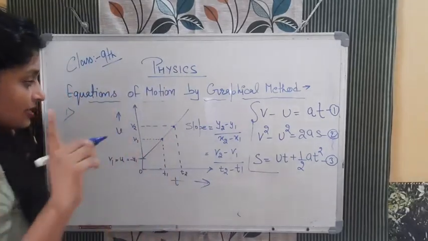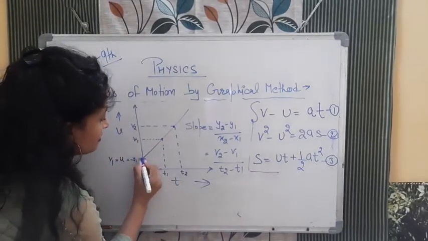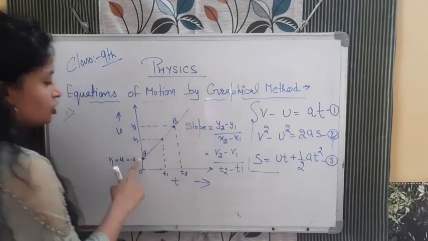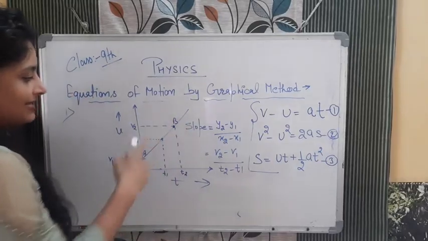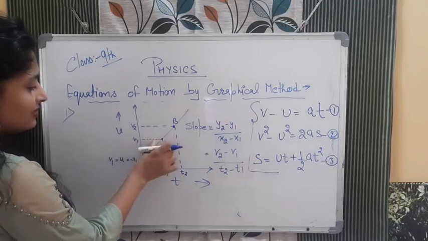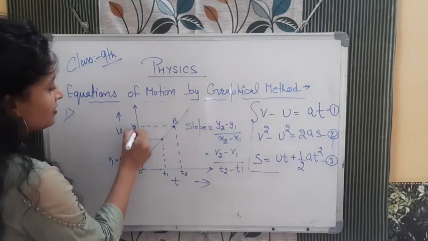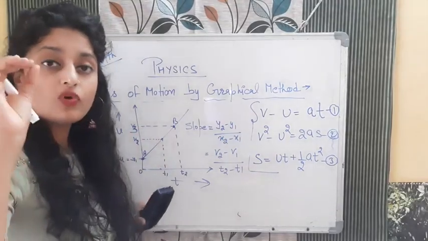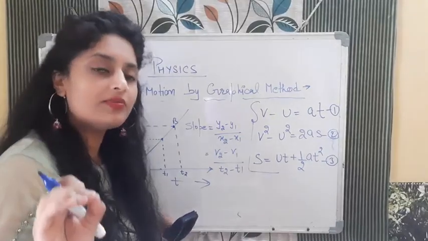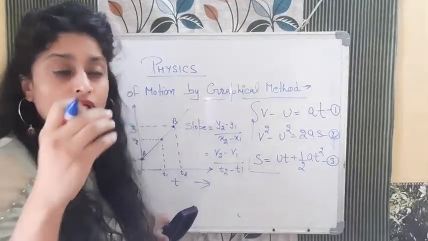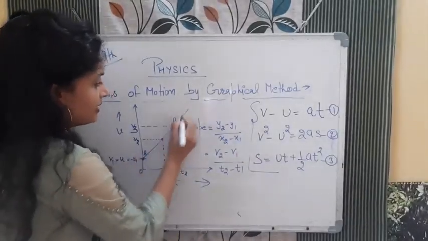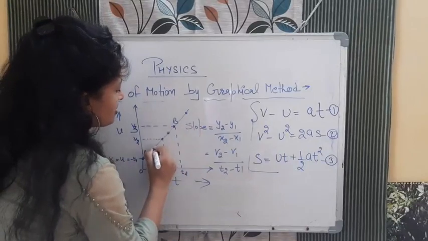Okay, like this. So now if I take one point here and one point here, this A and B, I am considering exactly the starting point, the initial point, and the final point. So in that case, what will be the value of this y1, this v1? If I take this point, I can say this is v2, like this is v3. So this is your choice. No need to worry. From any 2 points of the straight line, you can find the slope and that will be equal. It is always the same. So no need to worry about choosing which point to take. You can take anywhere on this line. You can take a point here, here or here. You should know the value.